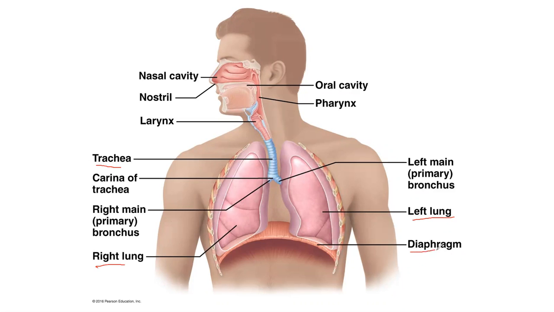Your diaphragm is the main muscle for breathing, and when you inhale, it's pulled down, which increases the volume of the pleural cavity where the lungs are, which allows air to flow in through it. In the upper respiratory system, you have the larynx, which is known as the voice box,